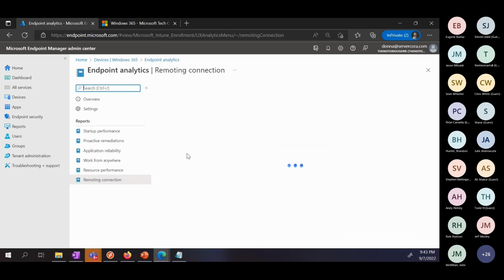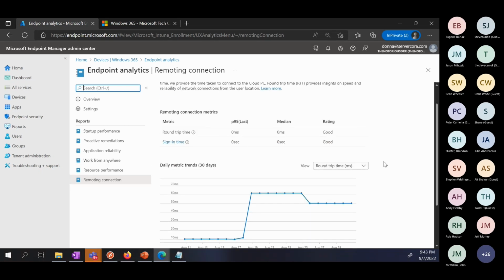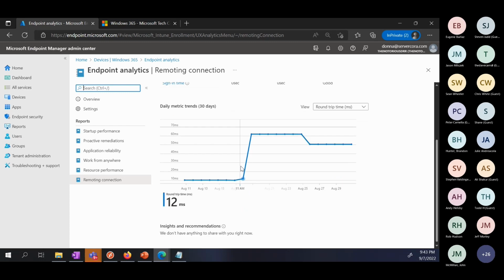What we gave you from an analytics standpoint on the remoting connections is just to help you get some type of grasp on the network connectivity the end users are coming in from, because Lord only knows what people have at home. So at least that way you can see round trip time between the cloud PC and the endpoint.